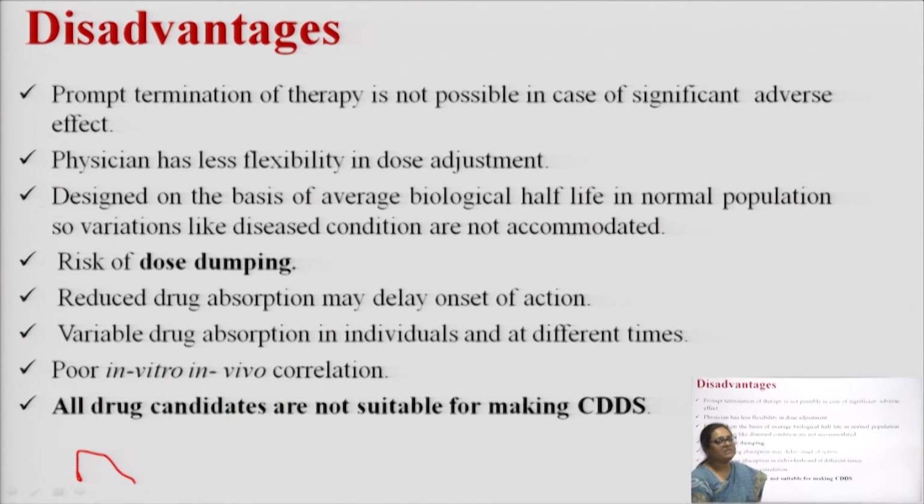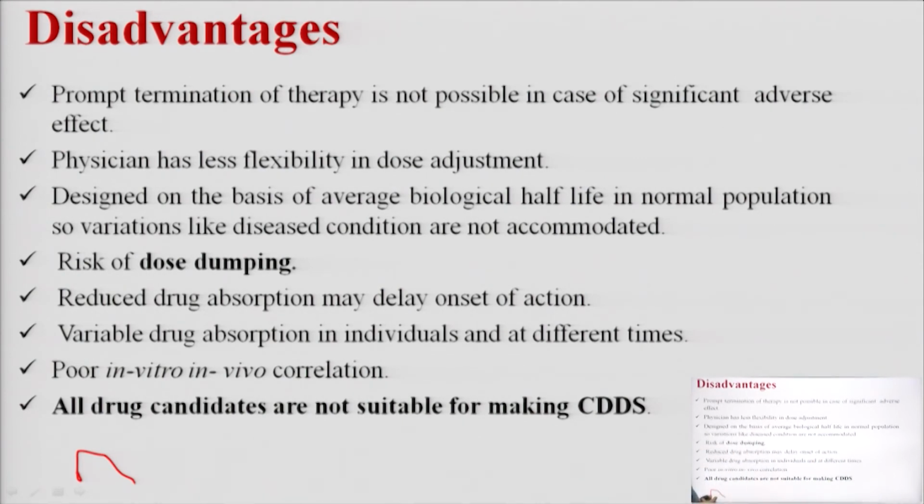Another point of disadvantage is risk of dose dumping. Now, what is this dose dumping? As I told you, a controlled drug delivery formulation has got several doses incorporated into a single dose. If at all there is some fault at the designing stage, it might lead to dose dumping, that is release of all the encompassed dose at once in the body. This in turn might have toxic manifestations. This will lead to excessively high plasma levels of the drug and lead to drug toxicity.